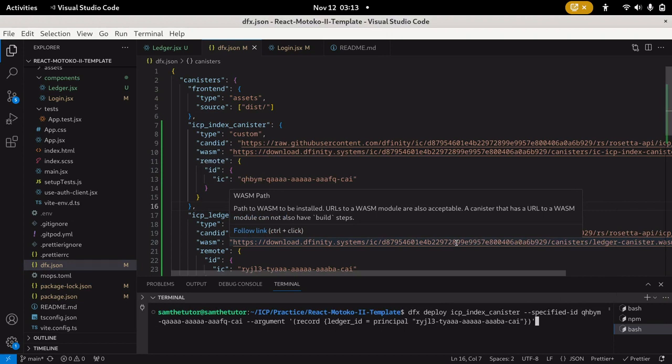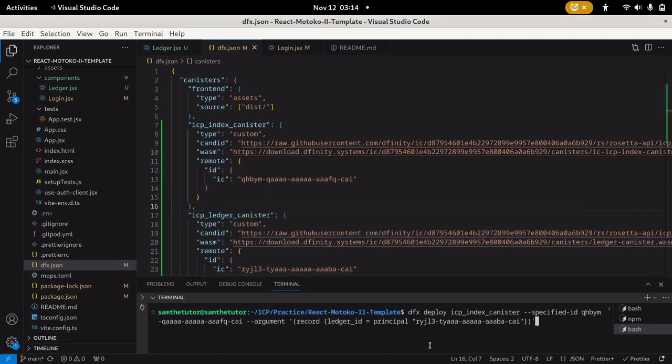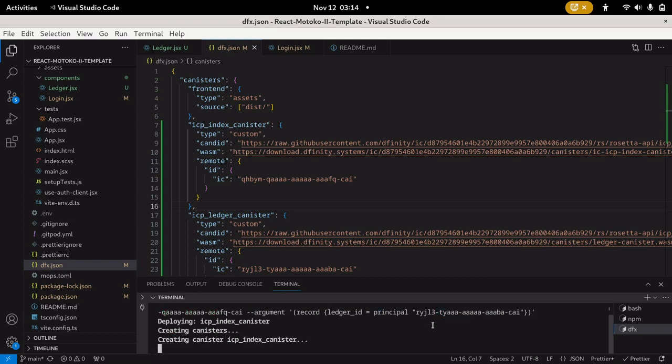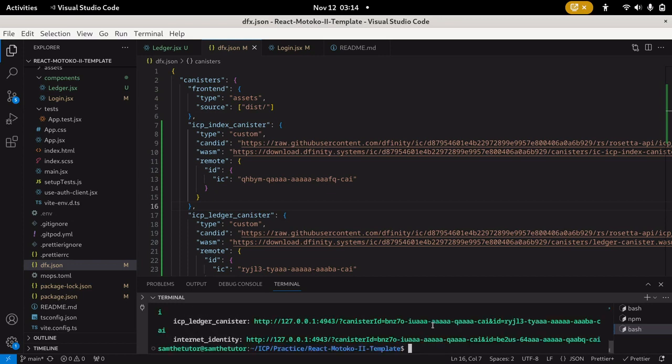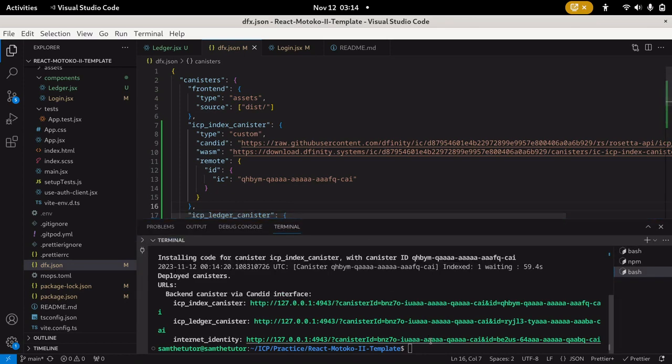Actually, it will deploy the ICP Index canister with a specific ID, the same as the ICP Index canister on the mainnet. And then here we are telling it that the canister ID for the ledger canister is this. So I'll just press enter and leave it to install the index canister. And so that was very quick. And now all we have to do is move on to the next step on how to configure